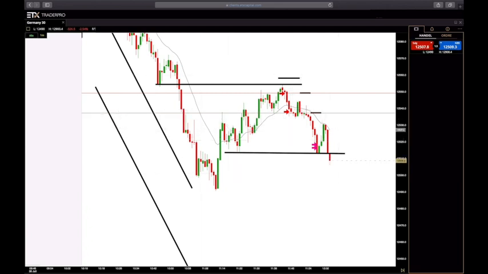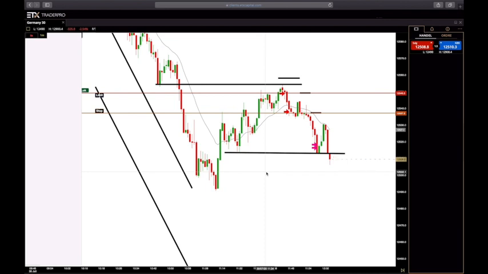Now you see we break down through this double bottom. Does that mean that the market's gonna continue? Well, not necessarily. This could just be an overshoot of this double bottom and a trap. I don't like to trade breakouts. I know some do, but if I trade this breakout right here, if I enter on this breakout down here,